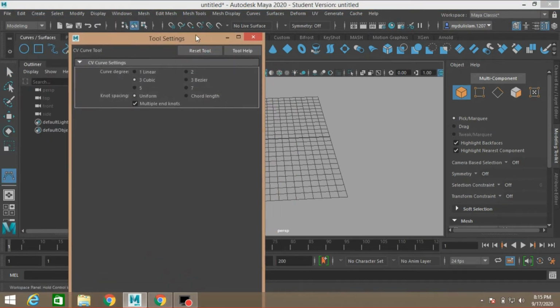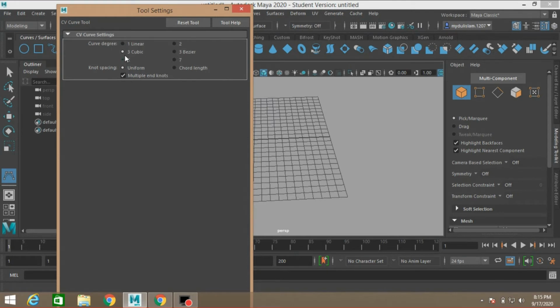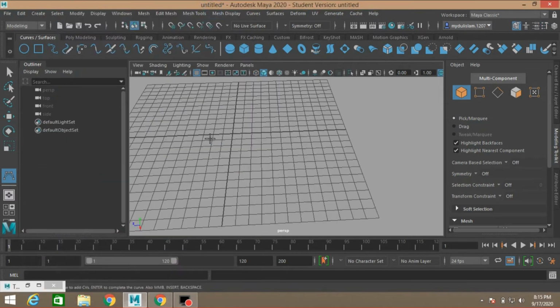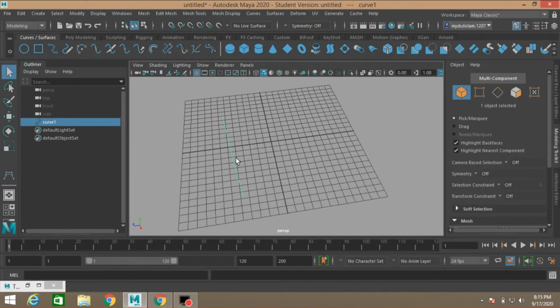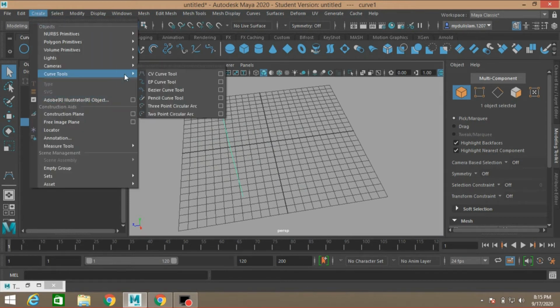You can also customize the curve degree, 1 linear. If you click on linear, you can create a linear curve. Press enter. See, this is linear curve. You can do the same for the EP curve.